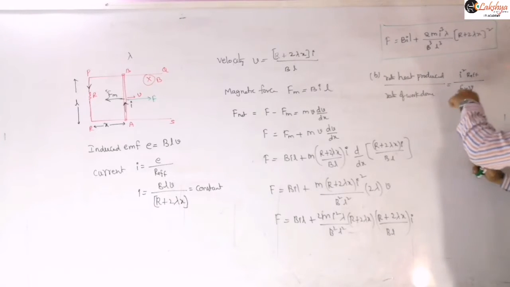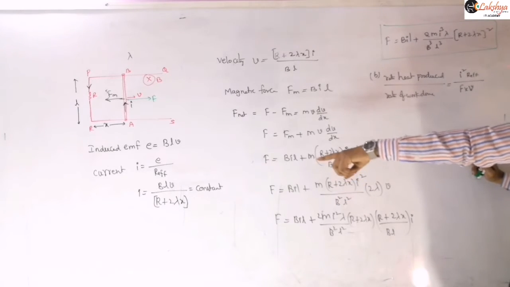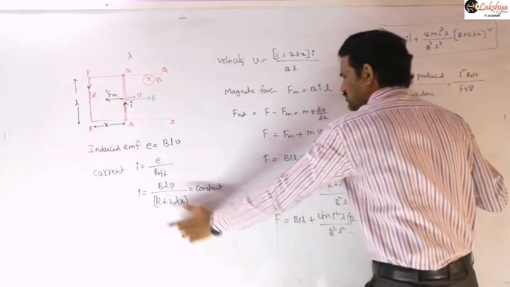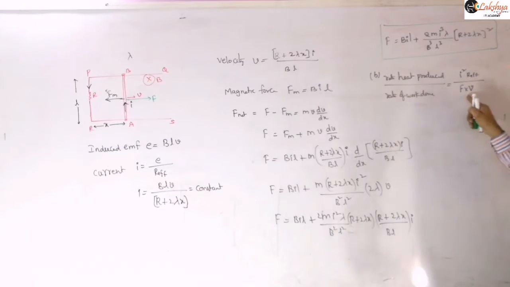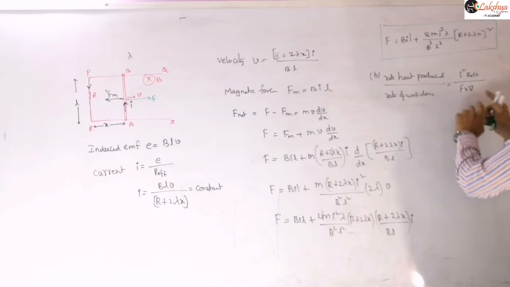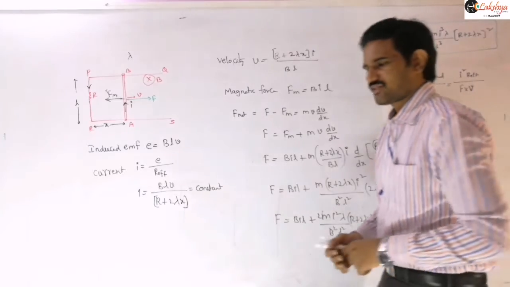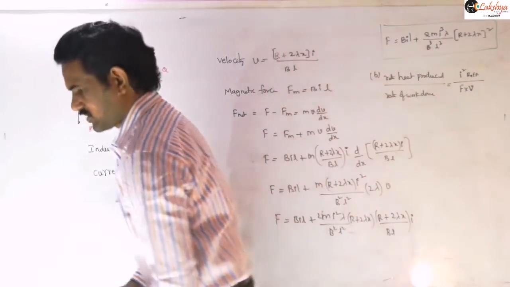I am not doing the complete calculation. So R effective means we mentioned already there. So this is nothing but our R effective. So substitute that R effective, and F means this is our expression, and into that V value now we need to write. So that gives us that required fraction there, right?